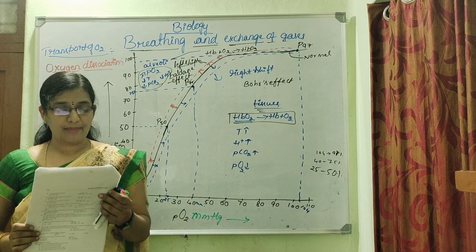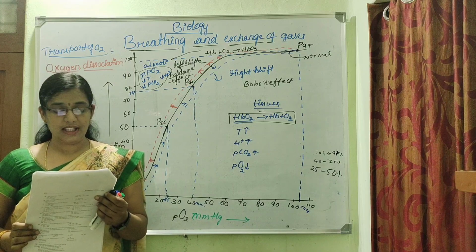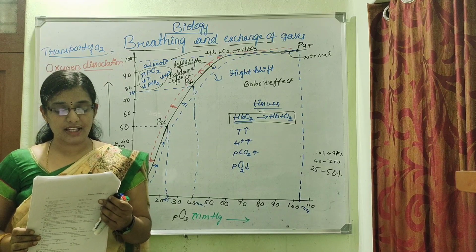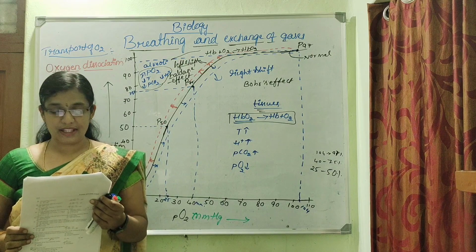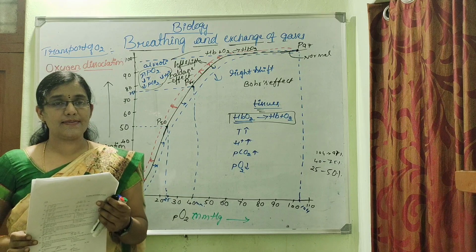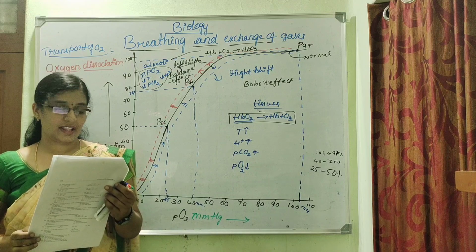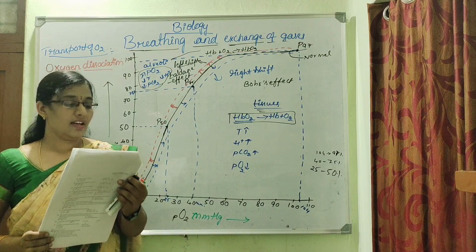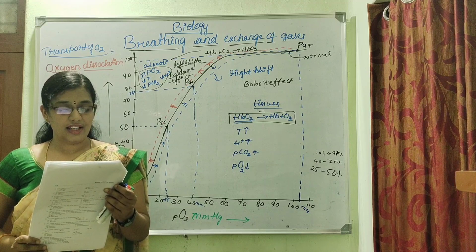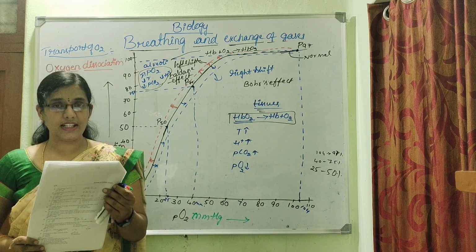Next question. Lung alveoli of mammals have a thin wall composed of: option A, simple cuboidal epithelium; B, simple squamous epithelium; C, stratified cuboidal epithelium; D, stratified squamous epithelium. Option B. Our alveoli are made up of a single layer of squamous epithelium. Next question. The mode of respiration in rabbit is A, cutaneous; B, mucosal; C, tracheal; D, pulmonary. Option D, pulmonary.